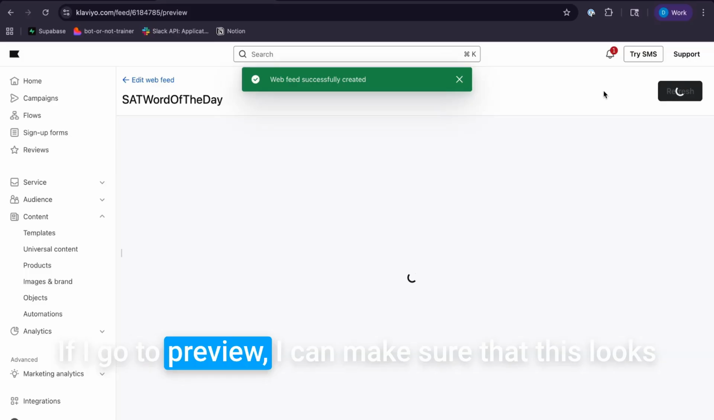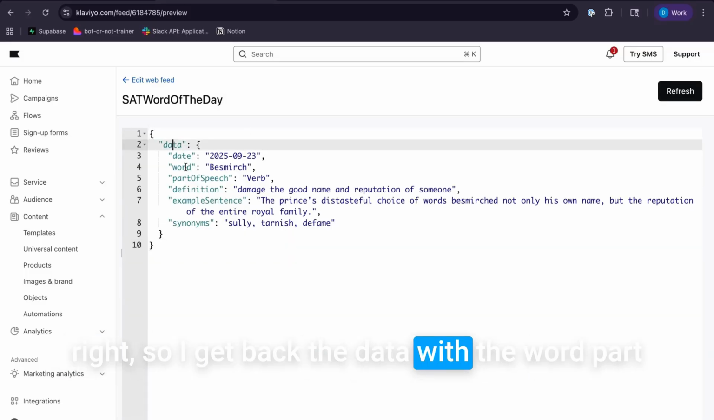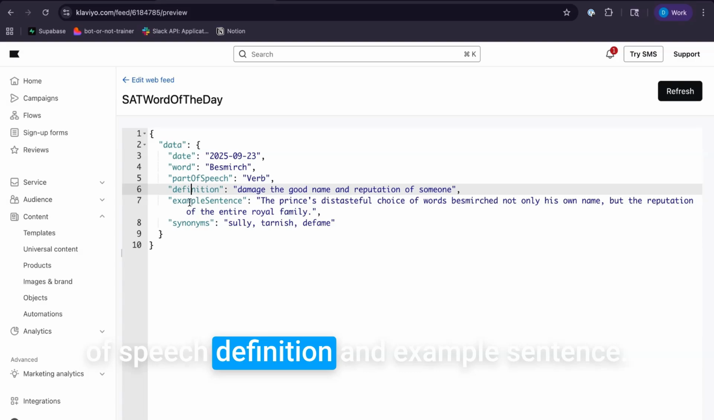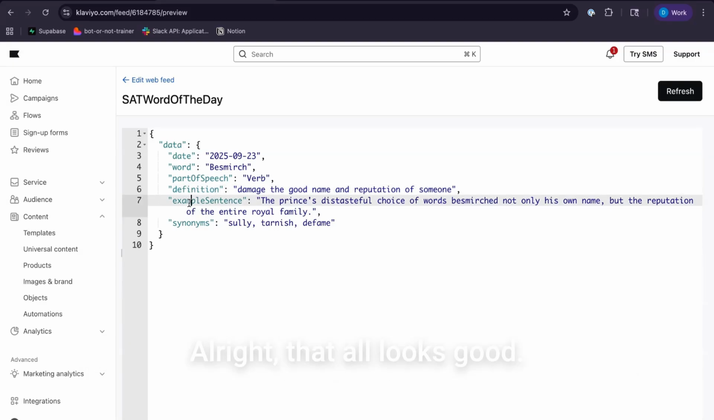If I go to preview, I can make sure that this looks right. So I get back the data with the word, part of speech, definition, an example sentence. All right, that all looks good. So the next step